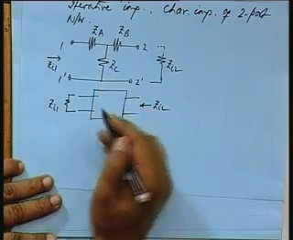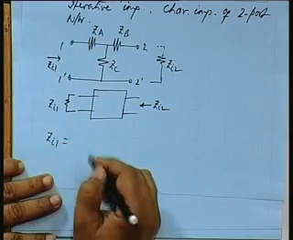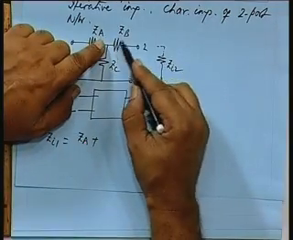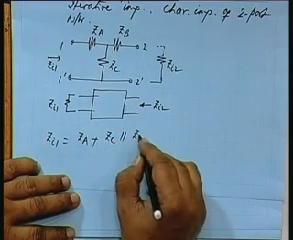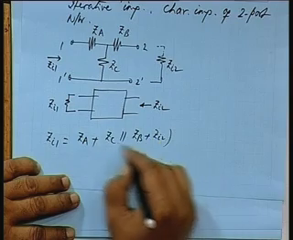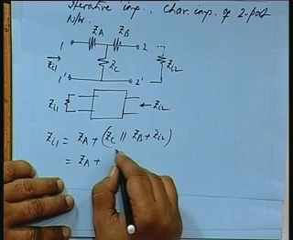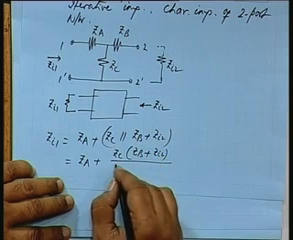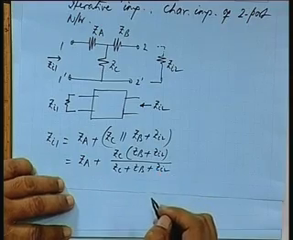Now, by definition we have got ZI1, the impedance seen from this side is how much? ZA plus parallel combination of ZC and ZB plus ZI2. ZC in parallel with ZB plus ZI2. Agreed? So, that gives me ZA plus ZC into ZB plus ZI2 divided by ZC plus ZB plus ZI2. Agreed? Similarly, ZI2